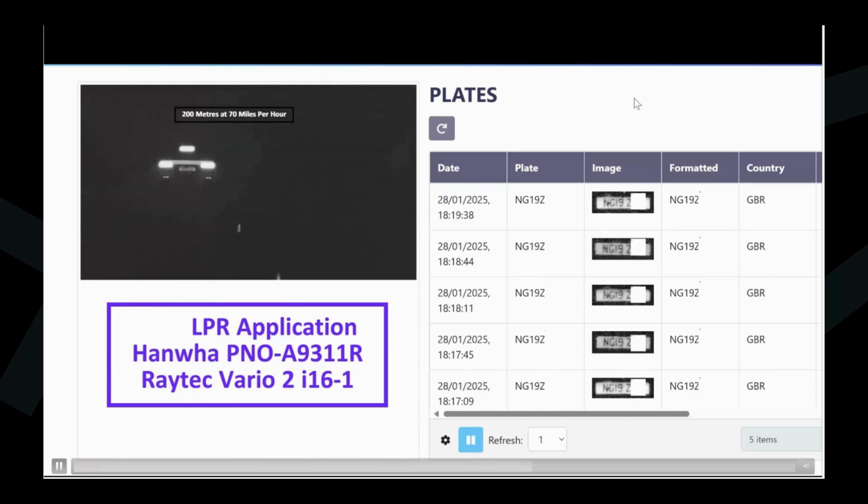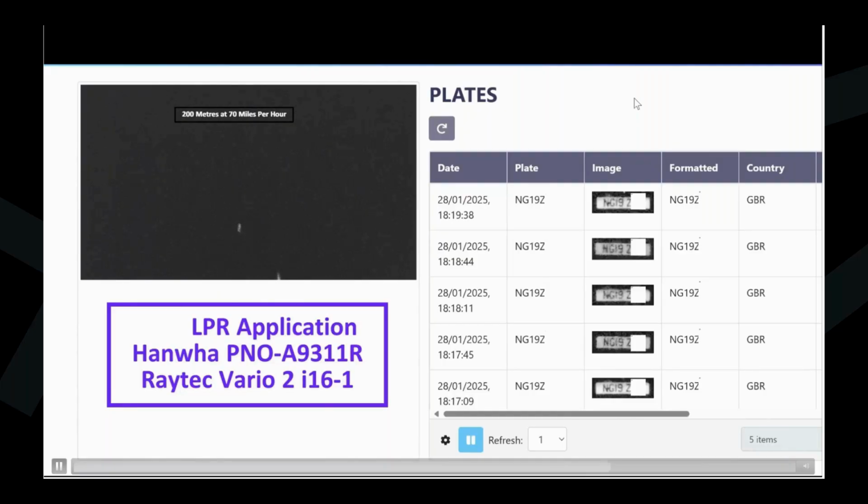They wanted to be able to mount their solution on the building itself. And so they wanted to check whether or not we were actually capable of capturing plates reliably at this 200 meters mark. So this was in collaboration with Vaxtor ANPR system, Hanwha's camera, and then the Raytech Vario 2